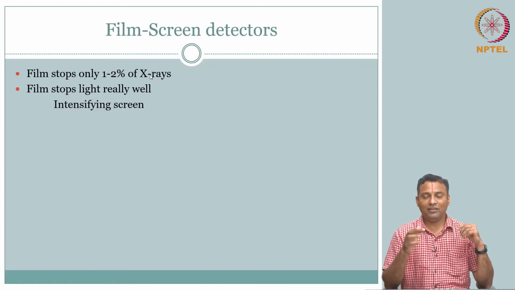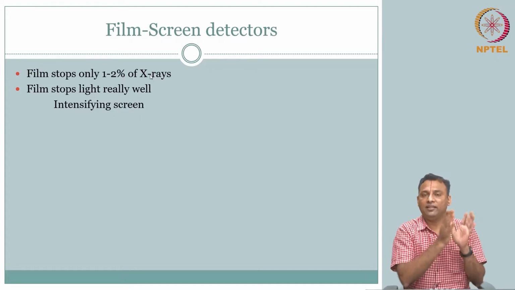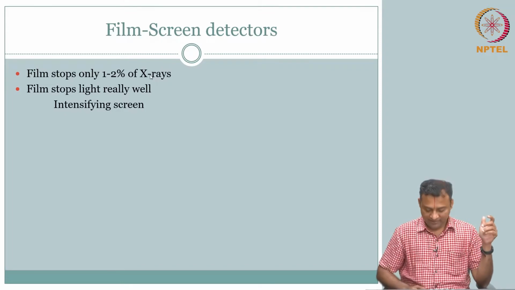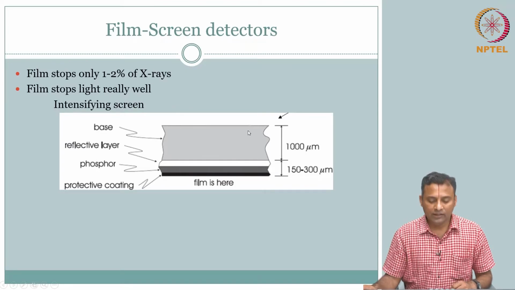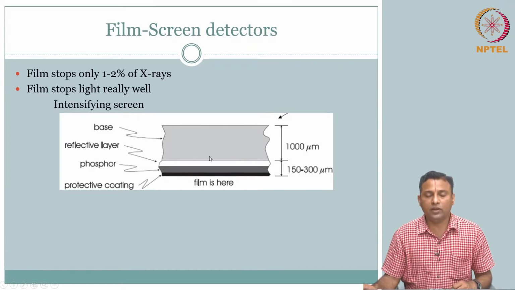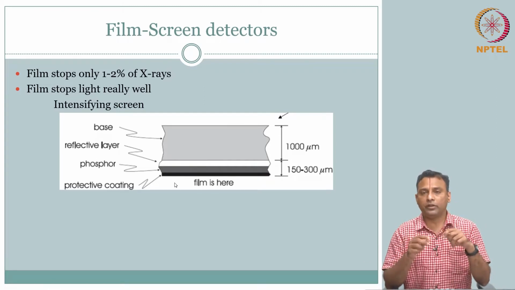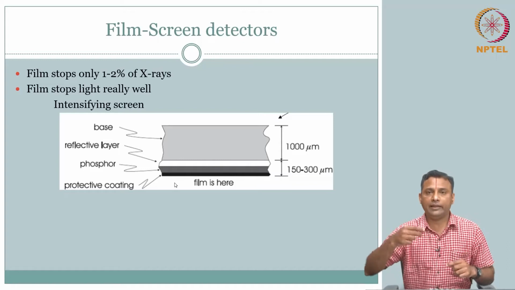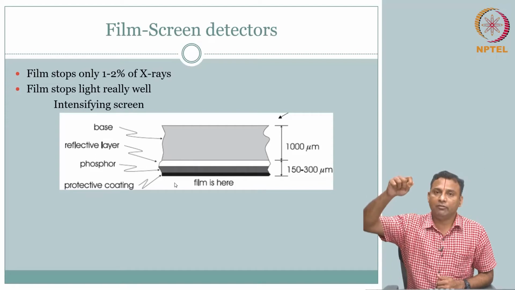Can I somehow convert this X-ray energy into maybe visible light, and then light photons can go spoil my photographic film, right? So that's what your intensifying screen did. So here what you see is just a cartoon or a sketch of a typical one. We will complete this by showing. So when you go for a chest X-ray, for example, there will be a cassette or a disc that is put in the detector, and they take the film out and they develop the film, and that's the film that the doctor sees in front of white light, right?